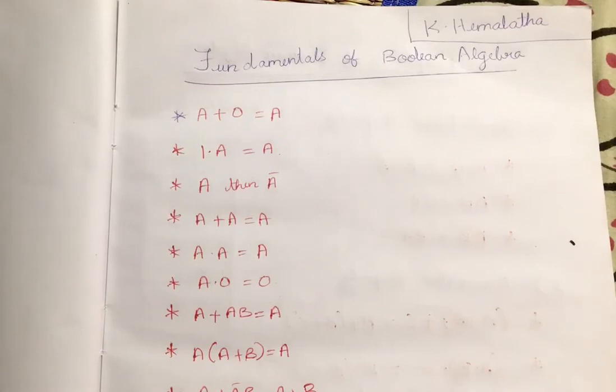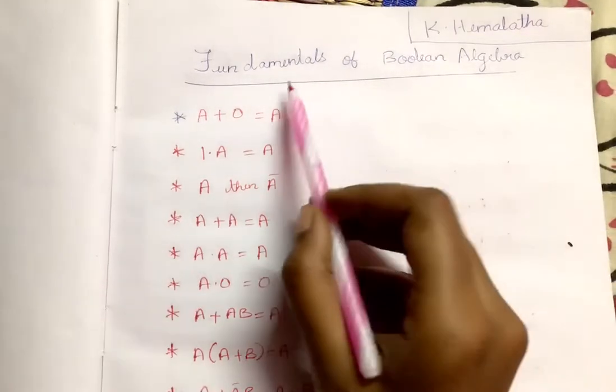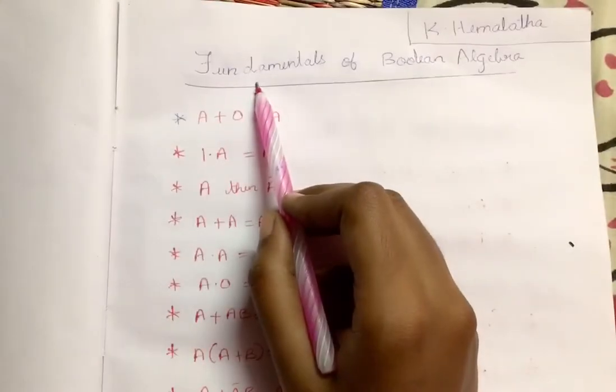All these operations we will call logical operations, and these operations are performed on a set of variables. That is what we will state as Boolean operation, and here we are given Boolean equations, or what we will call switching equations. In this topic we are going to see the fundamentals of Boolean algebra.